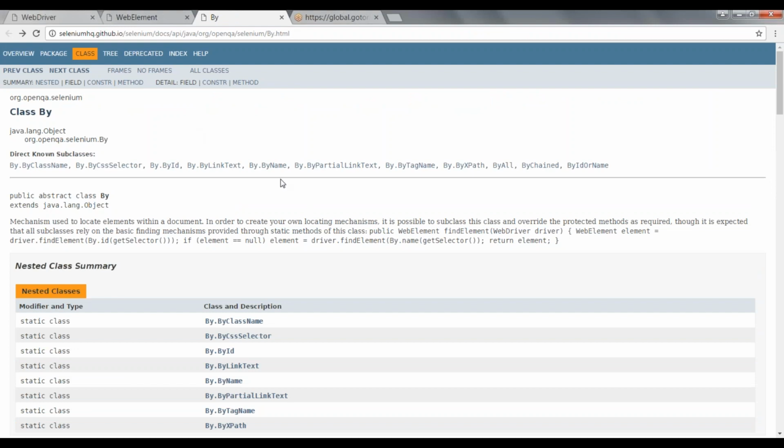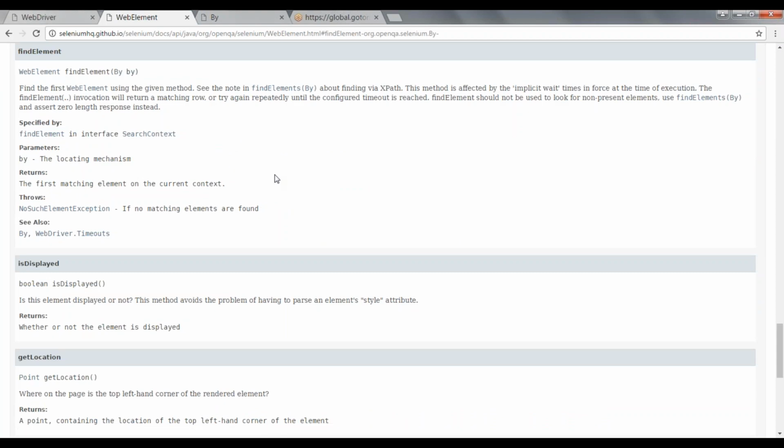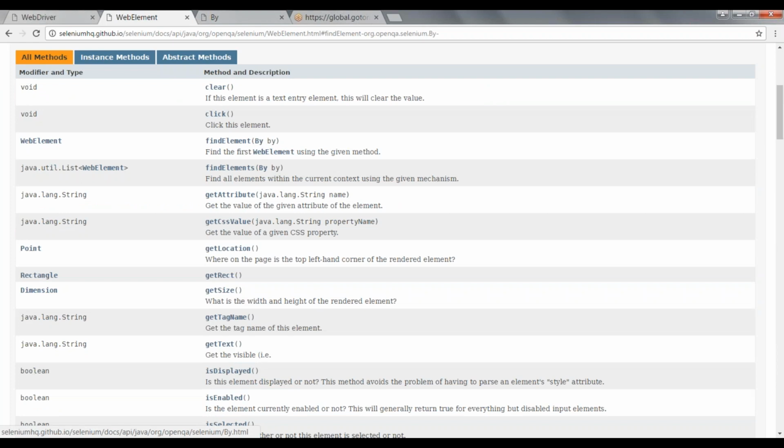So it accepts By as the parameter, a By reference variable or By object, and internally it performs all the operations and will return the WebElement. Whatever value you are passing inside this By should be proper, and it should identify a unique element in the DOM, or a unique element in the entire HTML page.